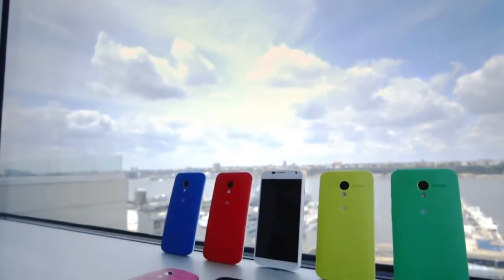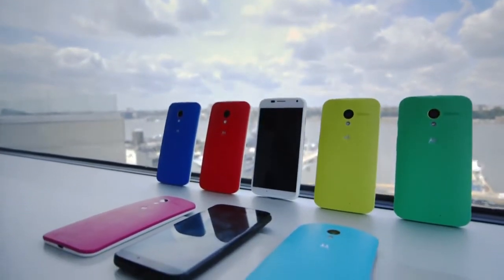I think two years ago the company made 45 phones. We're obviously down to a much smaller set, and we think it's critical to do a smaller number of things much better. At $199 on contract and available on all four major US carriers, we're going to find out if